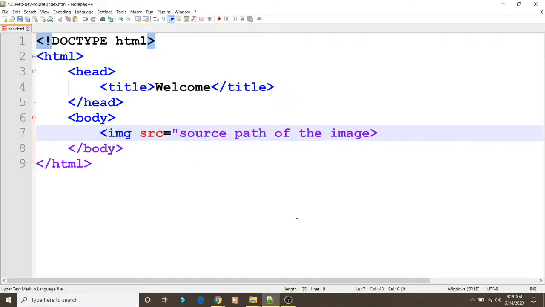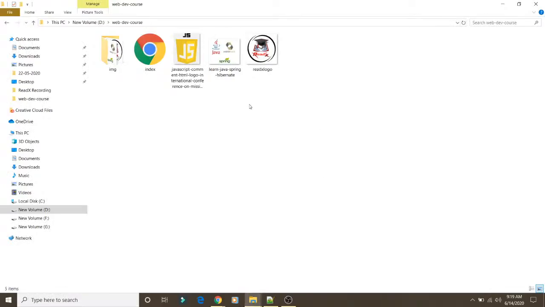So basically, what does source path of the image mean? It refers to the path where that image is located. Suppose we have the image saved under our web dev course folder. In this way we need to mention the particular path.